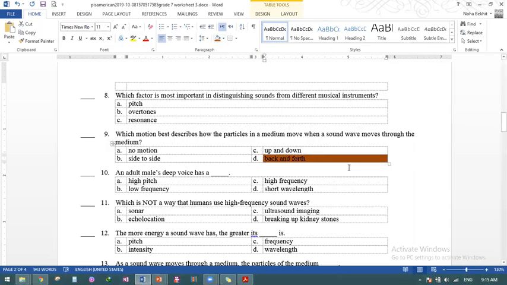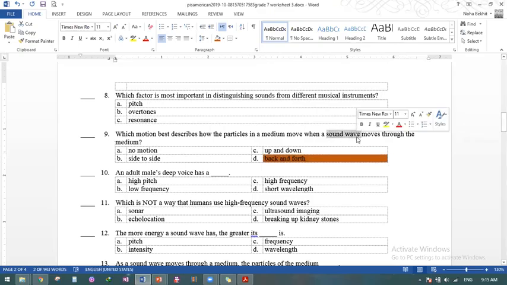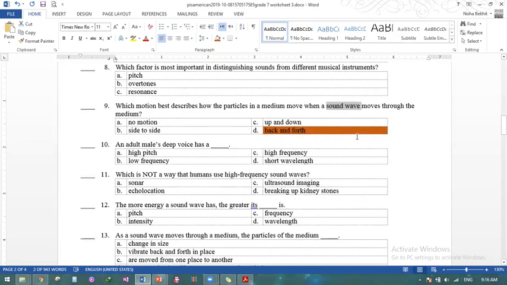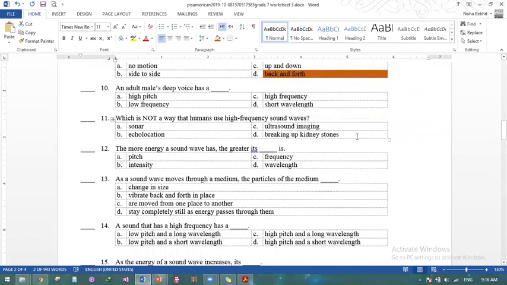Yes. Karim, or those who picked up and down, up and down is for the transverse wave. Remember the transverse wave that moves perpendicular to the wave direction, which means they move up and down. Okay, the particles will move up and down. But the sound wave, that's why I told you guys sound wave is the answer for this one, because sound wave is a longitudinal wave. Longitudinal waves move parallel to the wave direction, which means they move back and forth, like the speaker we saw before. It moves back and forth. Okay? Thank you so much, Karim, and thank you so much,